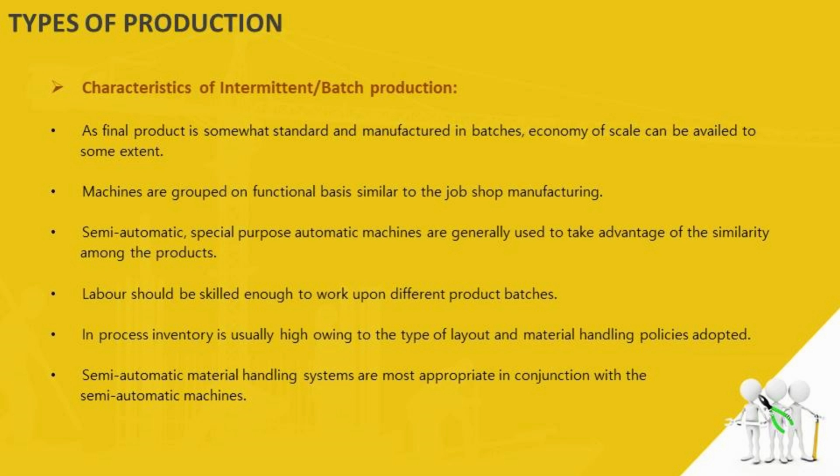So in addition to all these three production systems, continuous mass production, unit production, and batch production, there are a large number of manufacturing plants which include both intermittent and continuous processes, and that we call composite or combination operation. Such a plant may have sub-assembly departments making parts in a continuous operation, while the final assembly department works on an intermittent basis. The most common example for such kind of combined operation would be a furniture industry or a packaging industry.